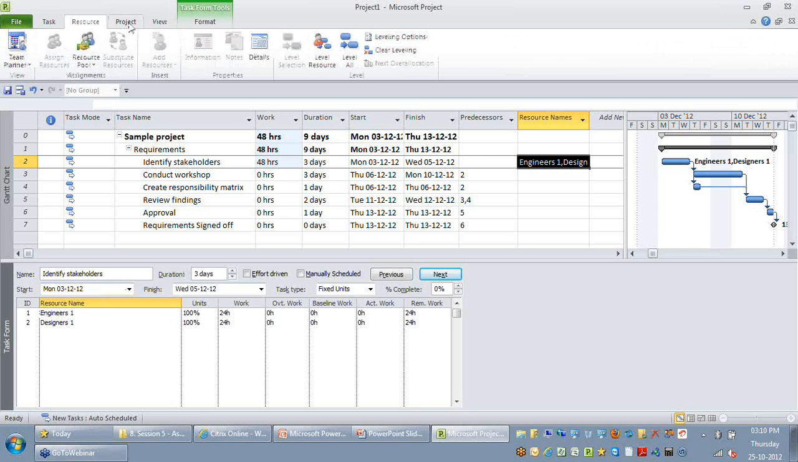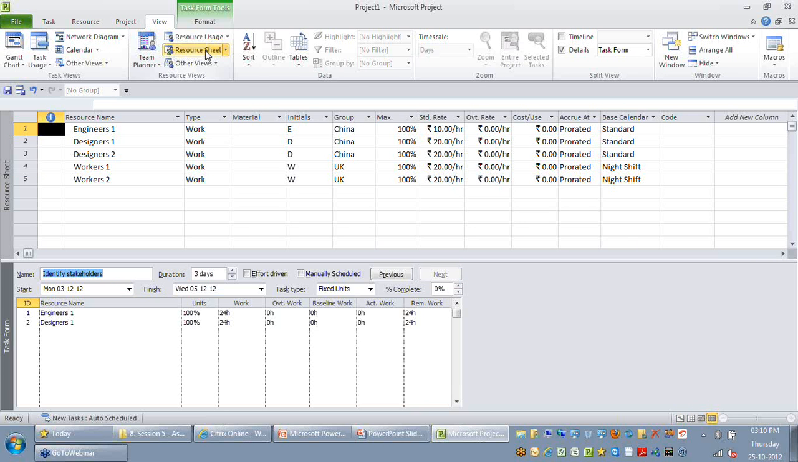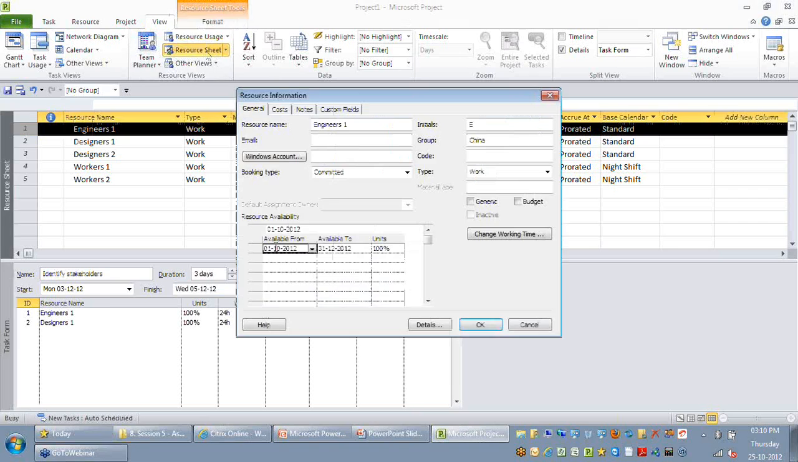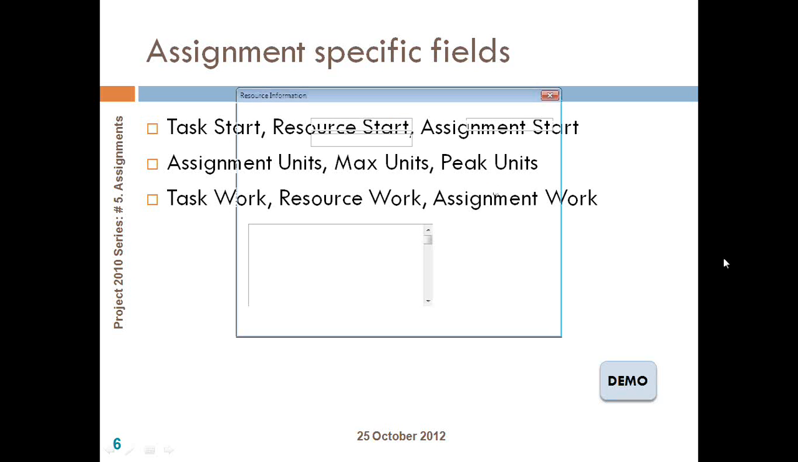So this is ideally what we call the max units. We talked about assignment units and max units. The third one is called peak units. What I mean by peak units is, if I go back to my Gantt chart, here the assumption is